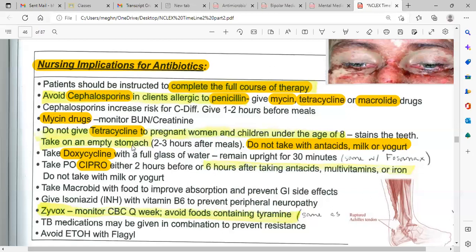Also take on an empty stomach, meaning 2 to 3 hours after food. Do not take with antacid or with milk or yogurt. Tetracycline, never give with antacid, milk or yogurt. Take doxycycline with a full glass of water and remain upright for 30 minutes. So if your patient takes doxycycline or minocycline,